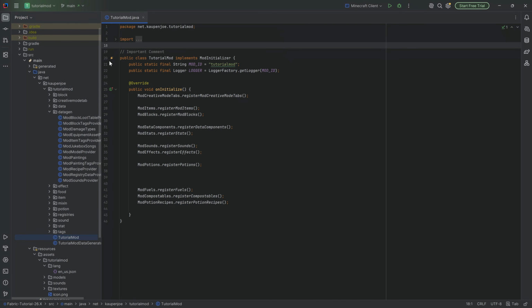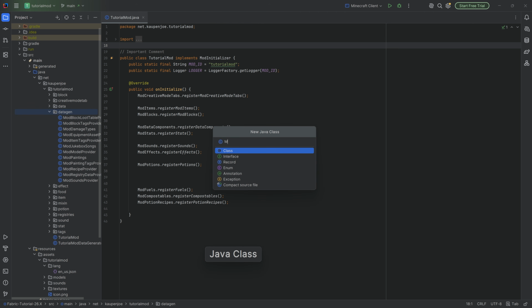Alright, I'm back once more, and in this tutorial we're adding custom advancements to our Minecraft mod. This is going to be a purely data gen driven thing, and it's going to be very interesting indeed. So let's start over here by making the mod